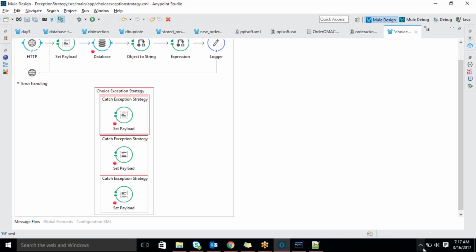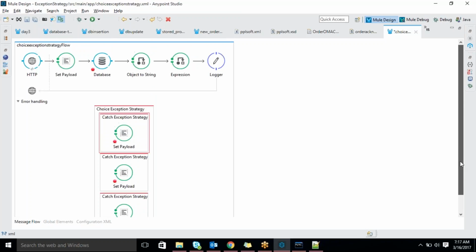Apart from that, in your flow, if anything goes wrong, this is our custom exception strategy actually. So some of the exceptions will be taken care of by what we call API key. Suppose you are getting some exception and you didn't handle it. So then where will it go? By default, whatever similar kind of exception,